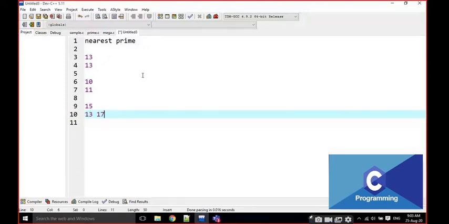I am going to post the prime and mega prime programs on GitHub, and I will share the links, and you have to do the task, the nearest prime program. Is the question clear, everyone? I think if the number is prime, that's it, nothing else. Okay, is it clear?